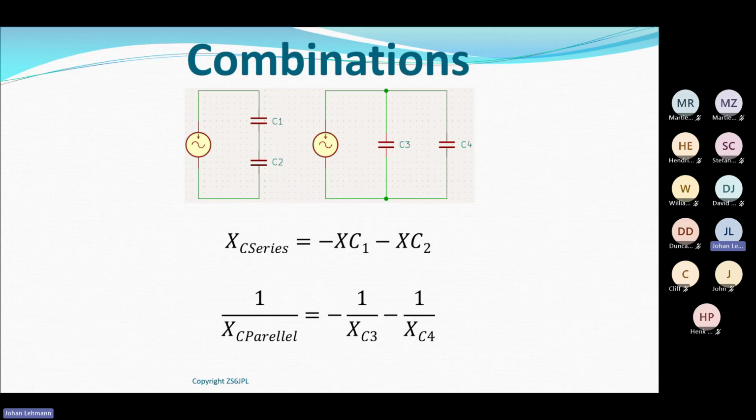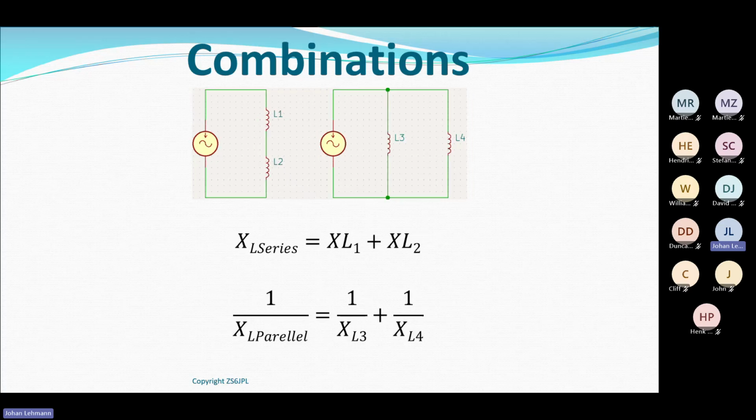I think you can already see a difference to your theory of capacitors from one of the previous lectures. If I look at the DC capacitance of a capacitor, if I put them in series, I'm going to reduce the overall total capacitance of the two components together. But when we work with reactance, it will actually increase. So don't get confused between the DC capacitance value of a capacitor and the capacitive reactance of a capacitor. If I put them together in series, I have to add them together.